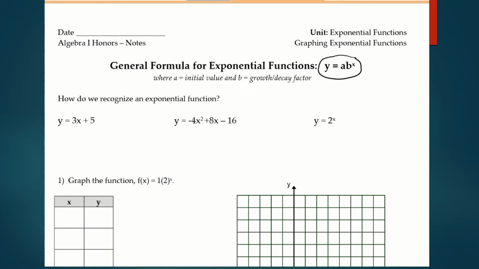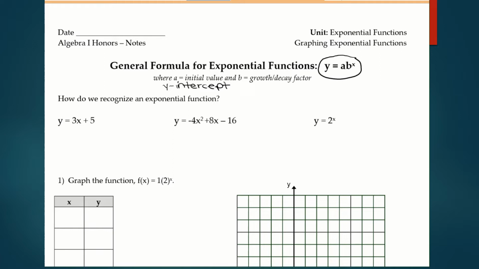Remember, initial value goes along with our y-intercept, and that's where our graph crosses or touches the y-axis. And B is what represents our growth or decay factor. Okay, so you'll either see our graph growing or increasing, so as our x values increase, our y values increase. Or you'll notice as our x values increase, our y values will decrease, and that's what we call our decay